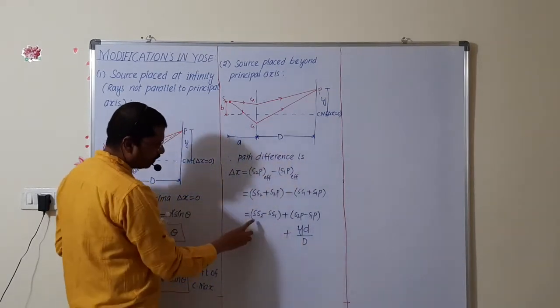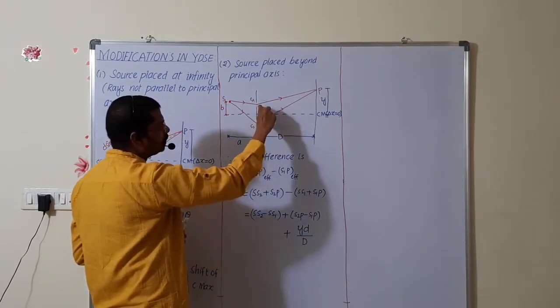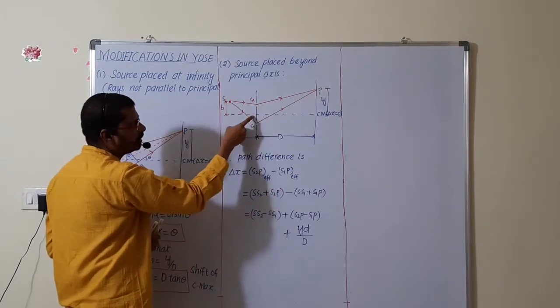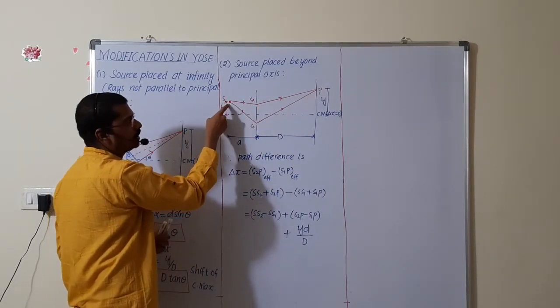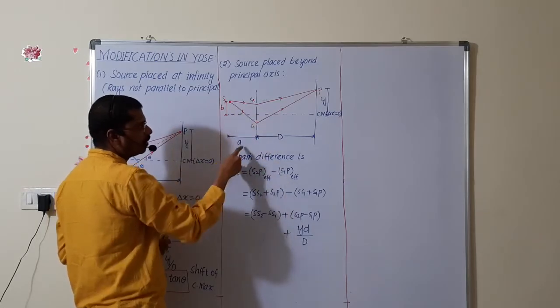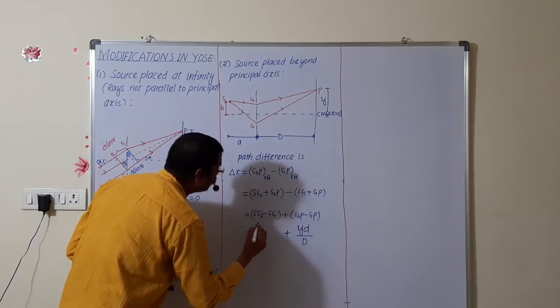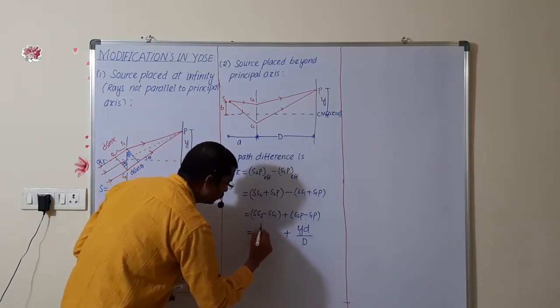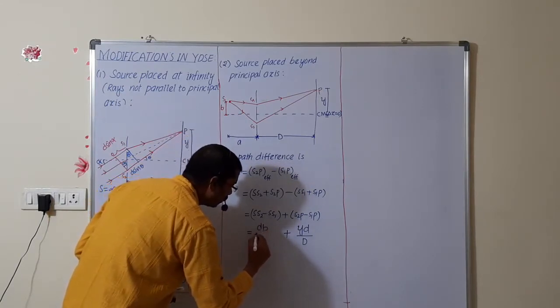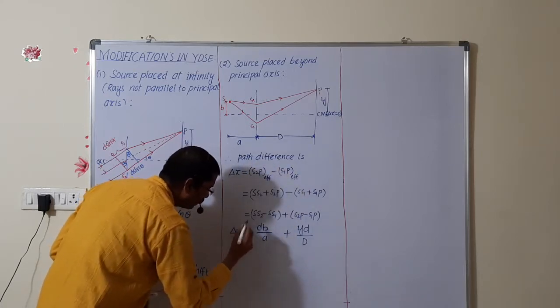Now here also what we are doing? S2P minus S1P. According to this one, again what way? It is a double slit and this is a position. How we can write? Again we can take vertical distances upon horizontal distance. The vertical distance, what we can write here? Here dB upon d. This is called the path difference.